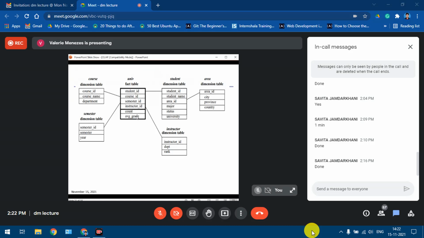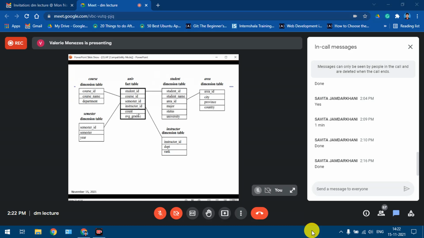So what does it tell us? It tells us the average grade, assuming, as I told you all, that the average grade is the actual grade earned by a student for a particular course, for a particular semester, and who was the instructor for that course.